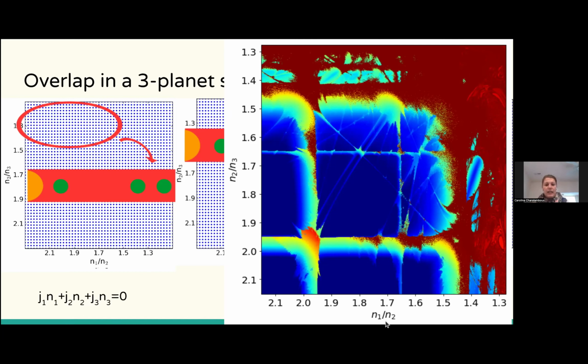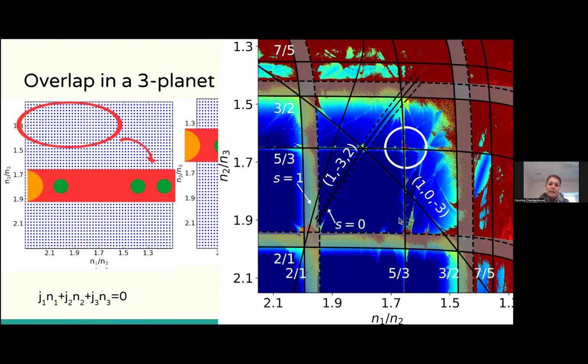And the horizontal lines are equivalent to having k1 equal to 0, so we have the mean motion resonances between the middle and the outer planet. But the things that appear in the map that are not vertical or horizontal are the combination of the 3 planets, and we can distinguish them